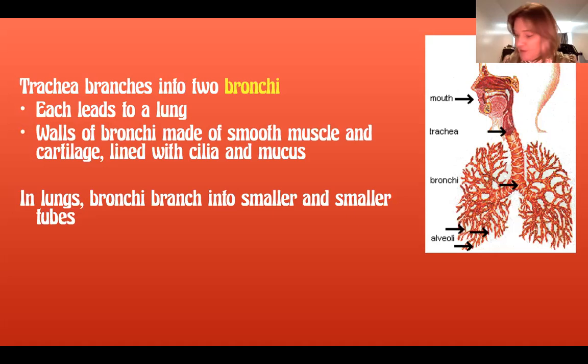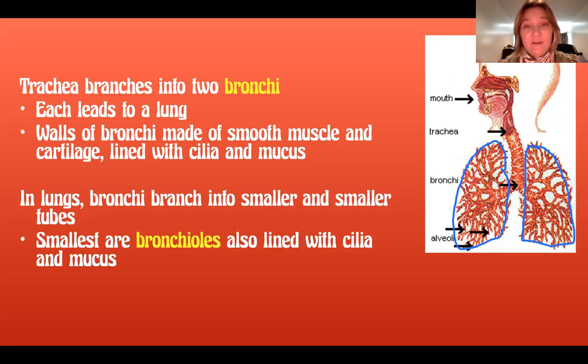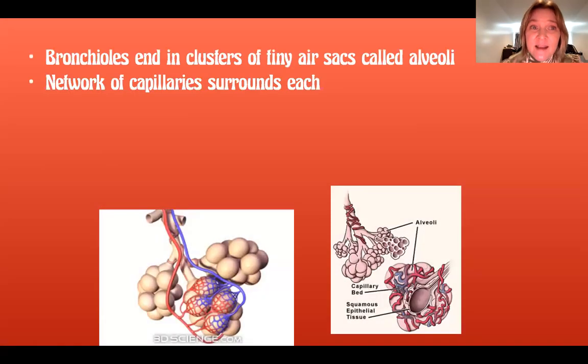In the lungs, so if I can outline the lungs for you, let's do it in blue. So that would be the lungs. Inside the lungs, the bronchi branch into smaller and smaller tubes. And of course, we add the -oles at the end, just like we did in the arteries, arterioles. The bronchi branch into bronchioles. And then finally, the bronchioles end in these